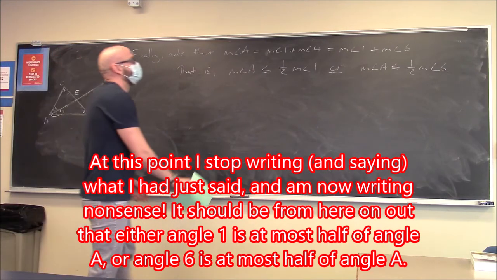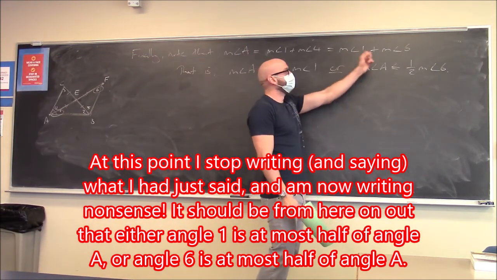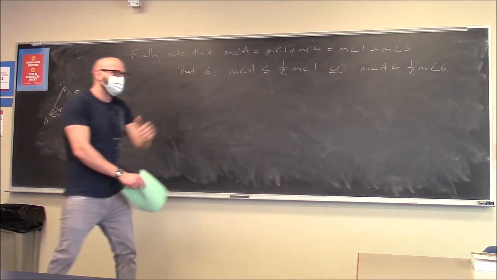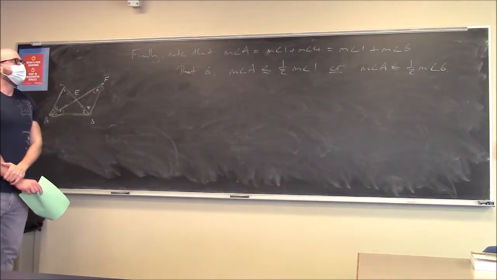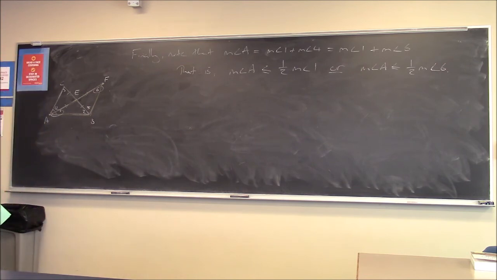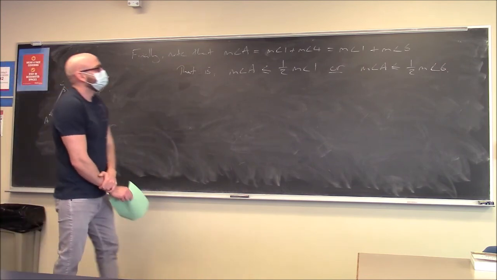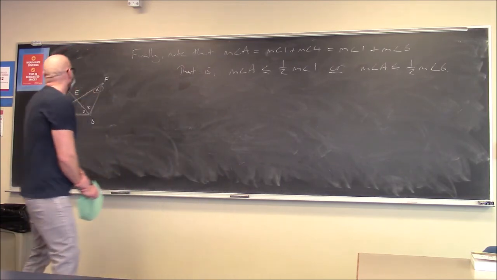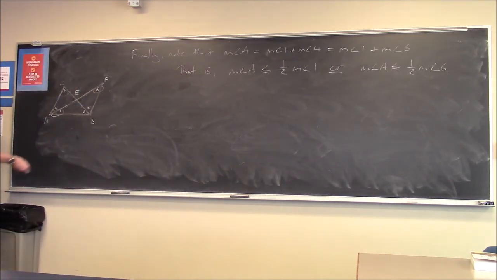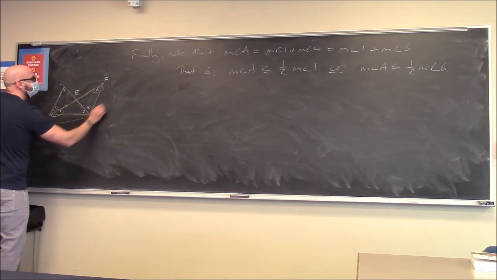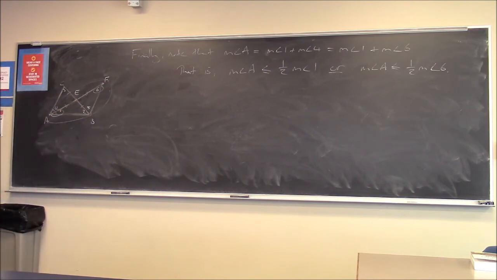So at least one of them is less than or equal to 1/2 of the value. Do you believe that? Cool. So now we're done. I've constructed a triangle with the same angle sum, and where I'm guaranteed that one of these two interior angles is less than or equal to 1/2 of this original angle A. So depending on which one is the smaller one, I'm just going to label my triangle differently.